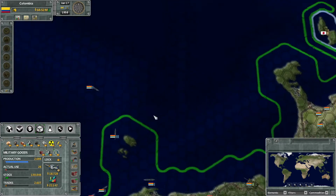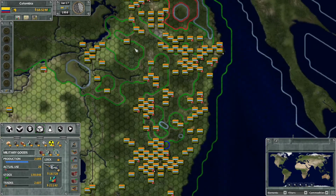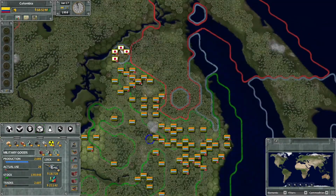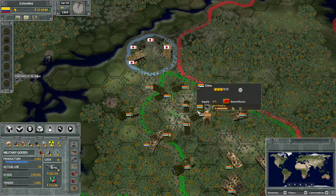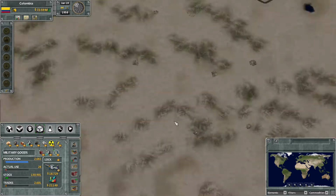Right, so how goes the Chinese front here? There's still a few pockets of units down there, and maybe down here and there. They're kind of running out of supplies themselves, so that's a bit of a problem for them, I suppose. What about